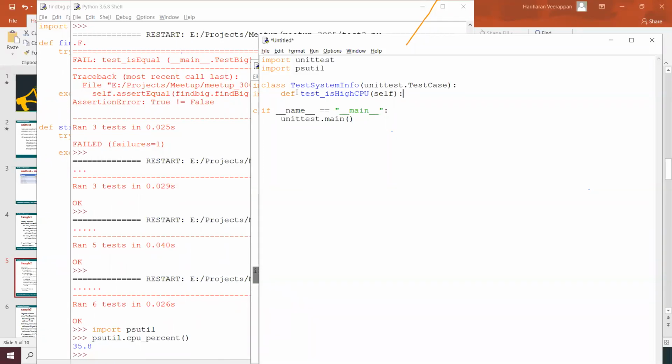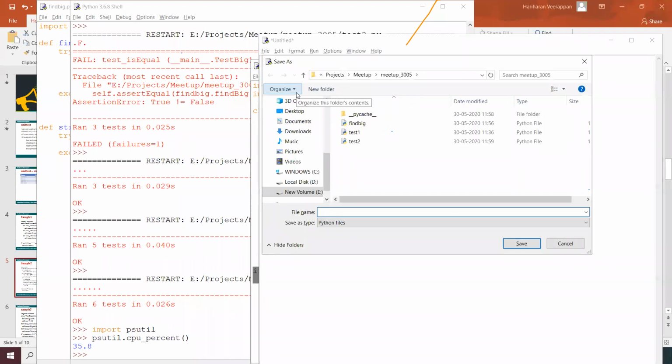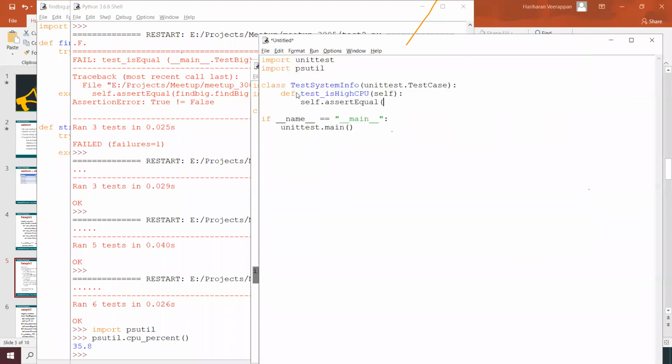For that, self.assertEqual, something like psutil dot, in test3.py.